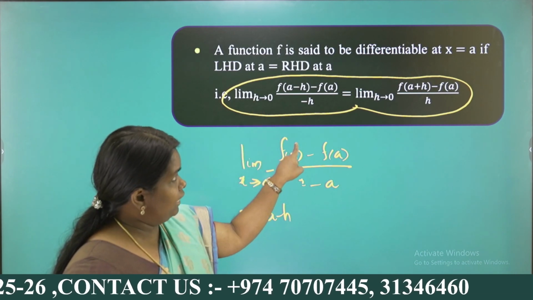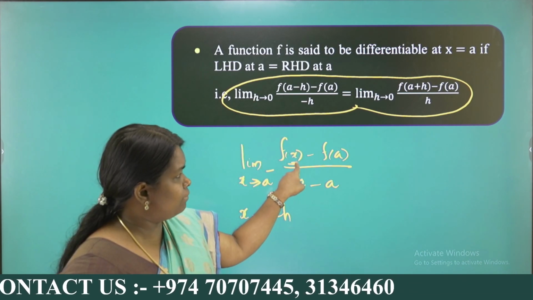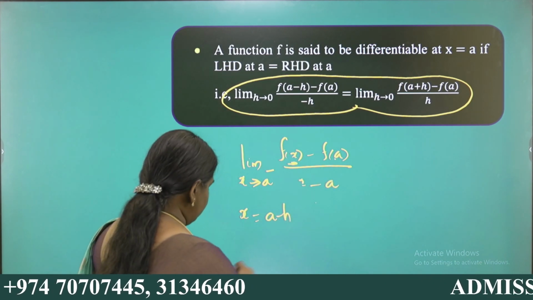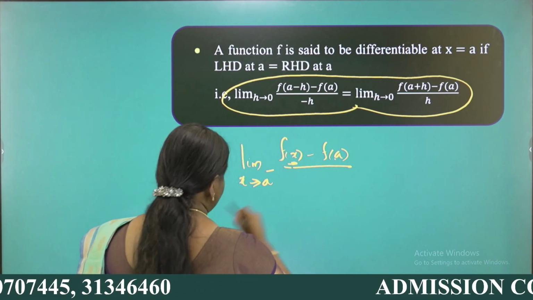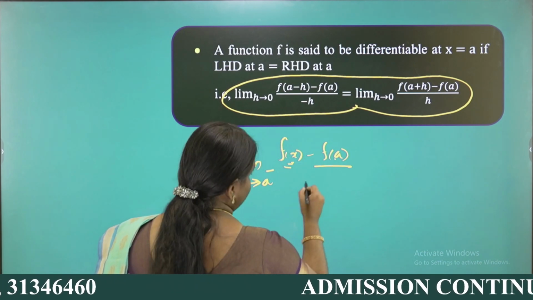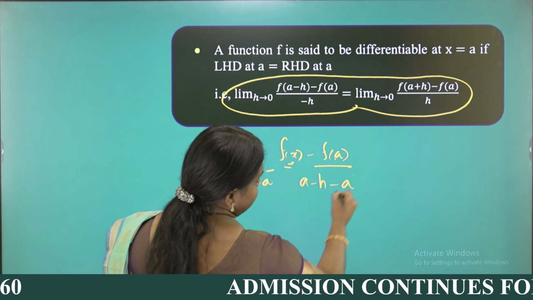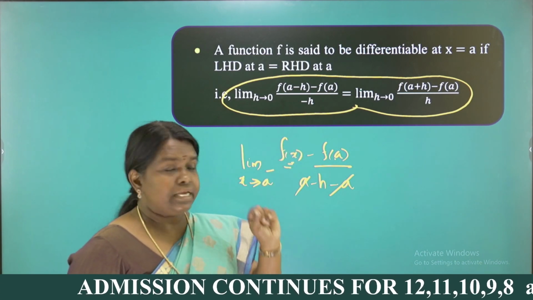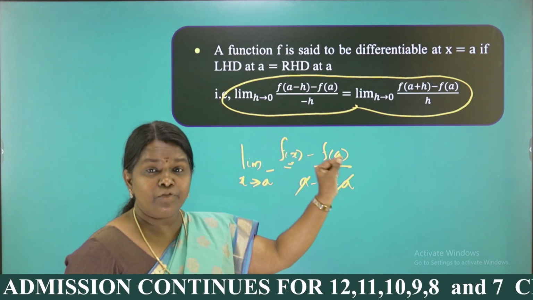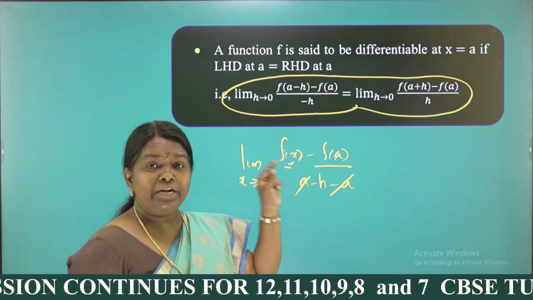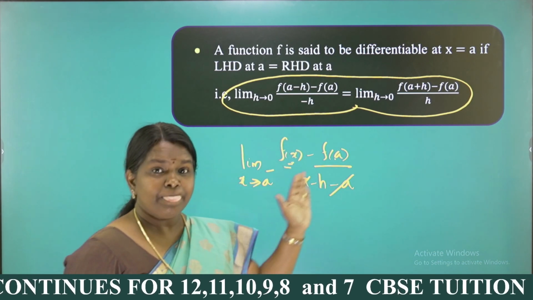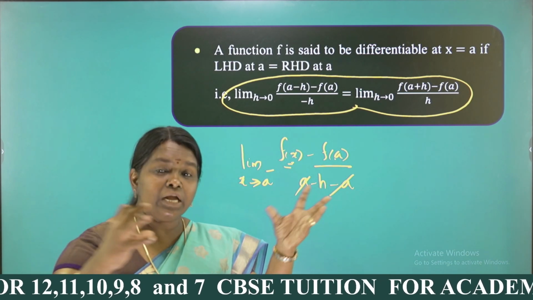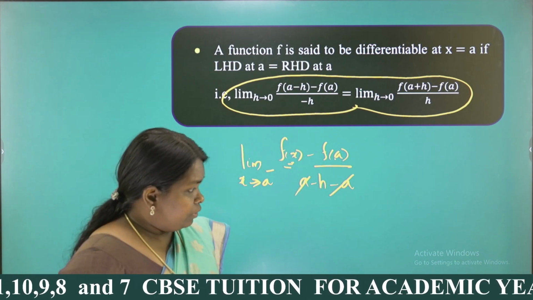F of a minus h minus f of a, divided by your x minus a, which is a minus h minus a. That is how we have a negative sign here, right? Limit h tending to 0, f of a minus h minus f of a divided by negative h is equal to, similarly, the right side derivative. So it's very simple, all are related also. Clear? Now next is